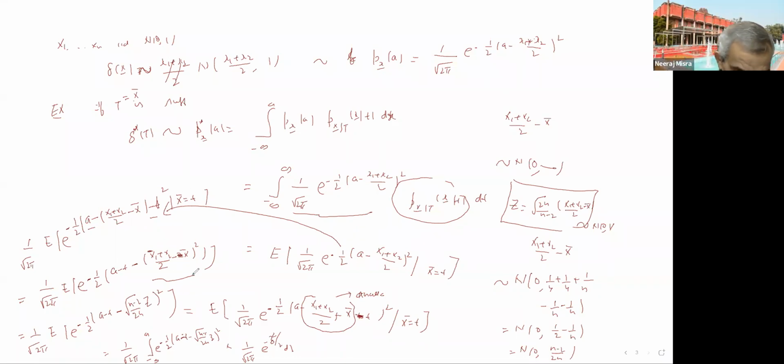So it is going to be a normal one that you know, right? With variance, in fact, if you want, you can do it: 1 by root 2 pi, in fact 1 by 2 pi becomes root 2 pi. E to the power minus half becomes common. Then z square plus (n minus 1 by 2n) z square. So 1, this is root of n minus 1 by n. So 1 plus n minus 1 by 2n, so that is 3n minus 1, right? 3n minus 1 z square, so 3n minus 1 by 2n